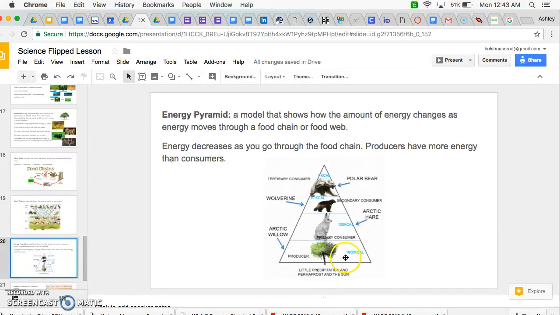So our producer, see how it has 1,000, I just forgot what this means. I'll have to look that up and get back to y'all on that. So looking at the number and how it breaks down each time. So 1,000,